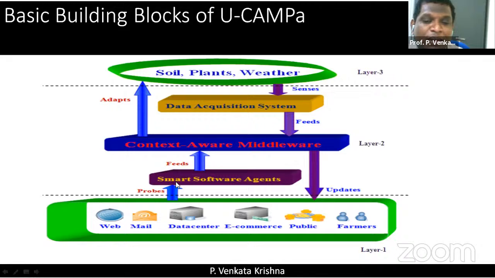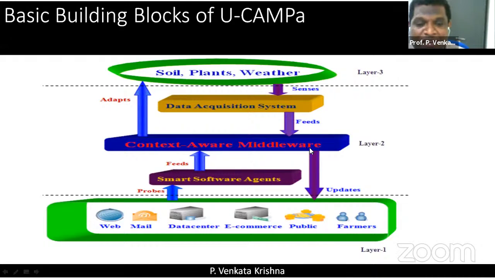In the middle at layer 2, you have certain agents which feed a middleware, called the context-aware middleware, that adapts to the soil, plants, and weather conditions. That is at layer 3. In this cycle, the information about the soil, plants, and weather is fed onto the data acquisition system, and that information is again fed onto